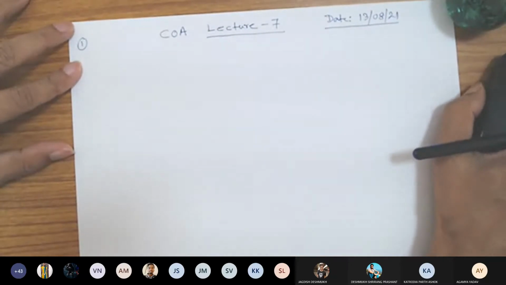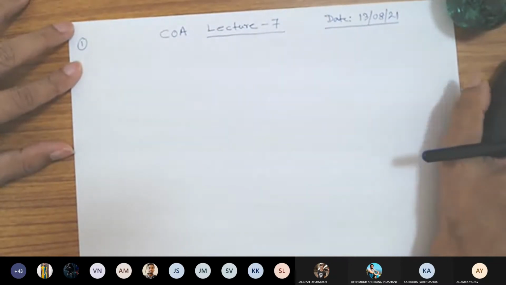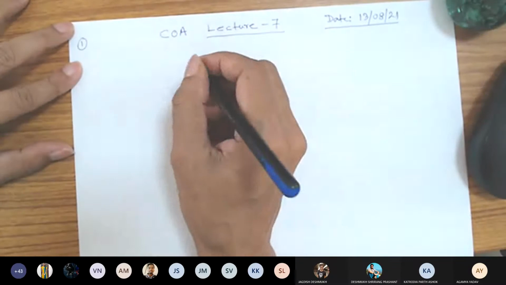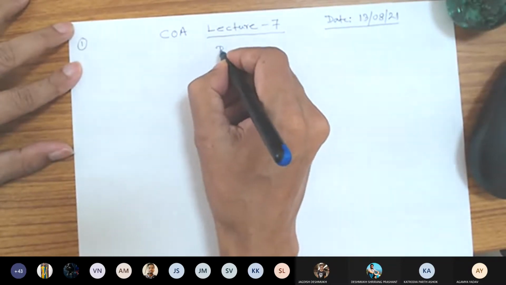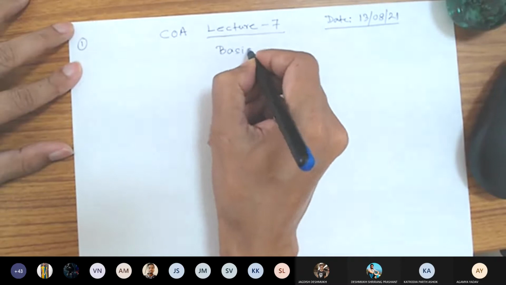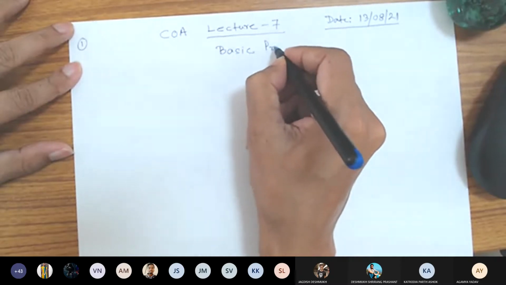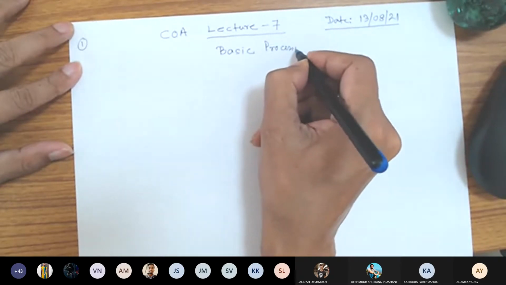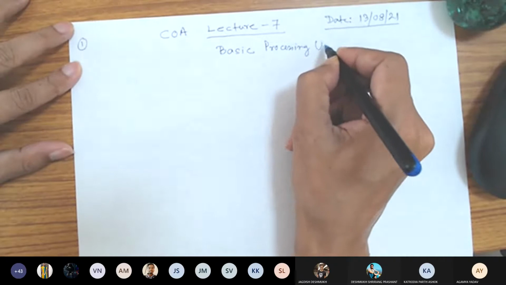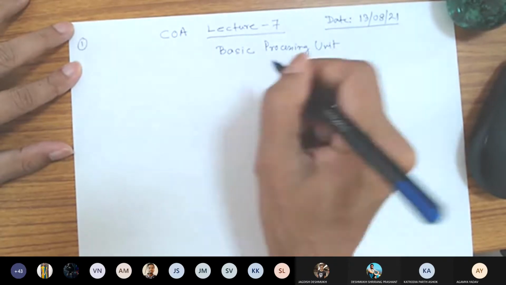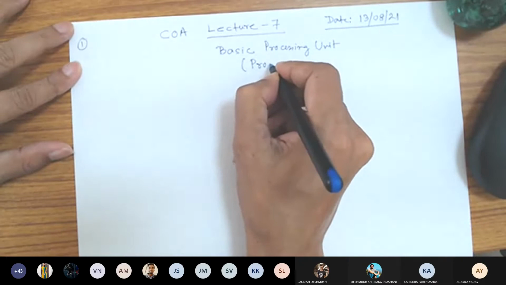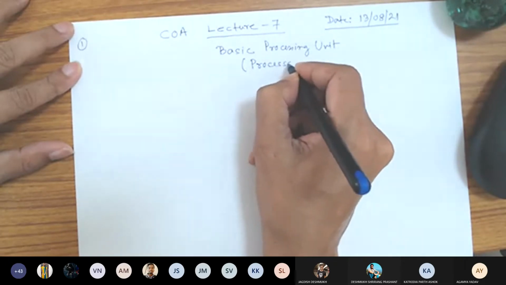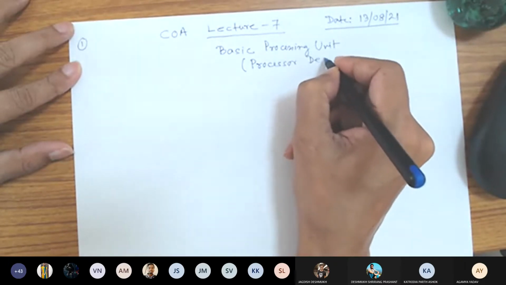Yes, sir. Okay. As I told you, we shall start the basic processing unit. So this chapter is the basic processing unit, or in a sense you can say the processor, processor designing.